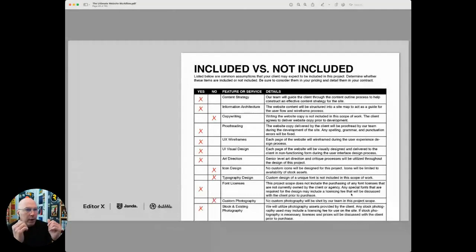Okay, now this part right here is your saving grace. I didn't do this until probably 7, 8 years into my agency. This is the what is included, what isn't included list. And it's easy for us when we're creating a proposal for a client or scoping a project. It's easy for us to say, yeah, what's all this stuff, what's included in this? And we write the list of stuff that's included. Well, I learned that I am more protected if I also make assumptions that the client might assume and